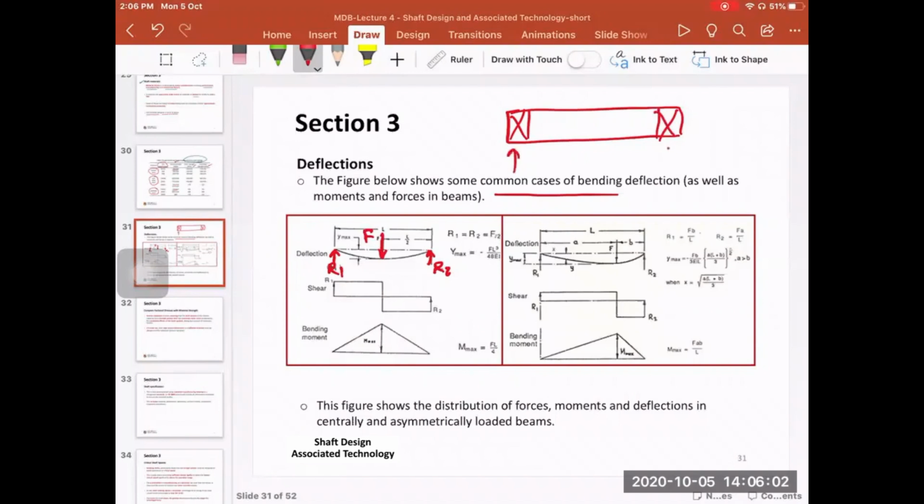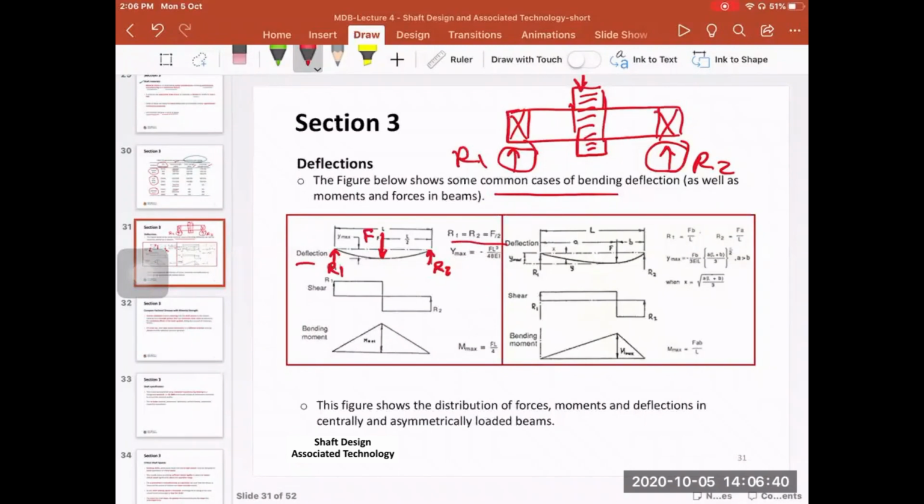So you have reaction forces here that are transmitted from, let's say, a gear here, and there are two forces, the radial force and the tangential force, and these two forces produce reaction forces R1 and R2. Based on the forces on the gear, we can calculate the reaction forces. This is a simple case where R1 and R2 are equal, and each is equal to the force